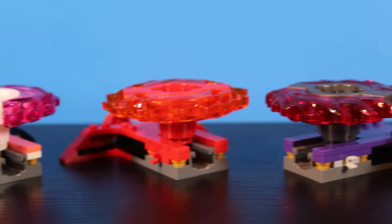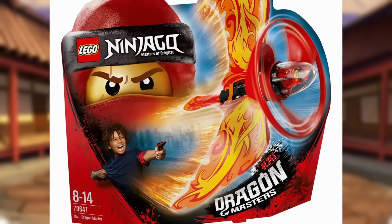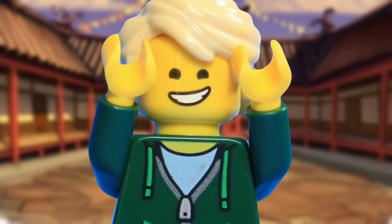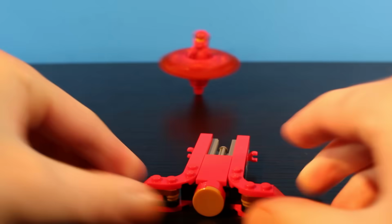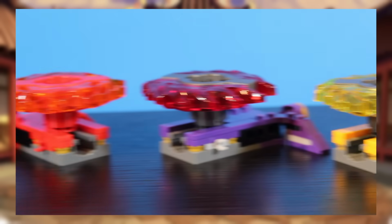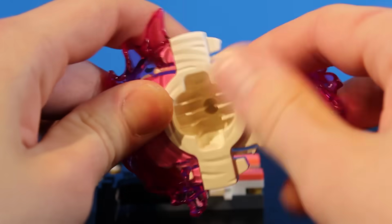The final entry on this list are the Dragon Spinjitzu spinners, not to be confused with the Dragon Master spinners or the Dragon Power spinners. God, the naming on these just gets more and more convoluted as the years go. It's really funny. These feature a push and spin concept very similar to what we saw with the Forbidden Spinjitzu and Spinjitzu Burst variants, only these are far bulkier, featuring a large single plastic piece to house the minifigure, and